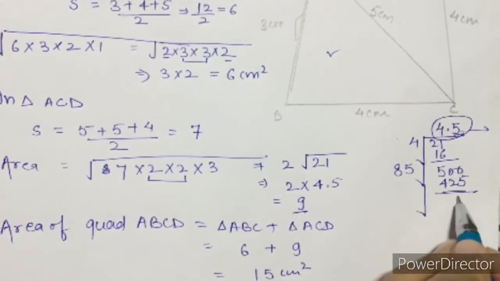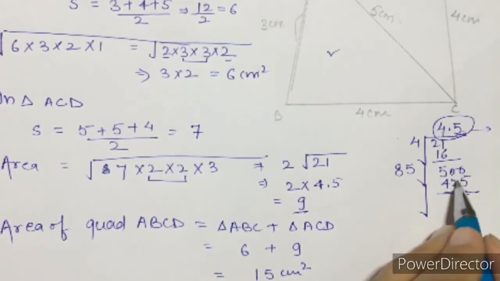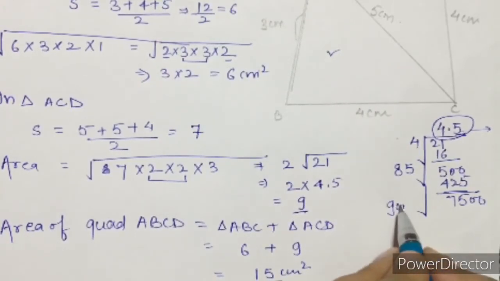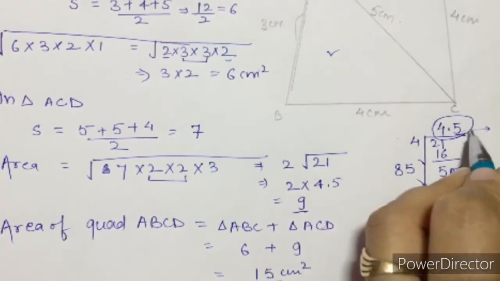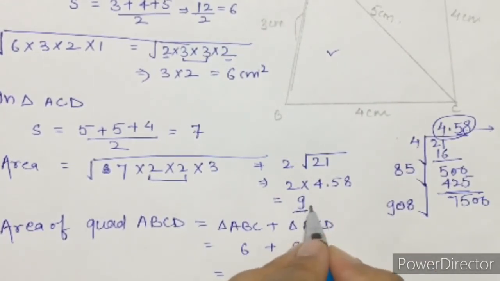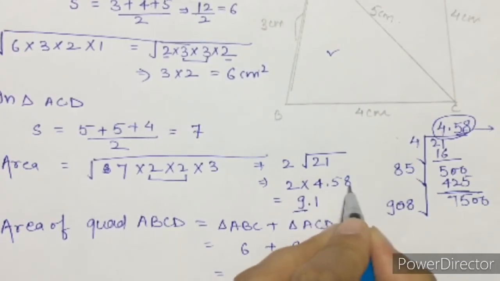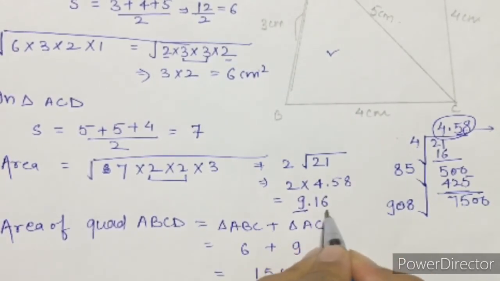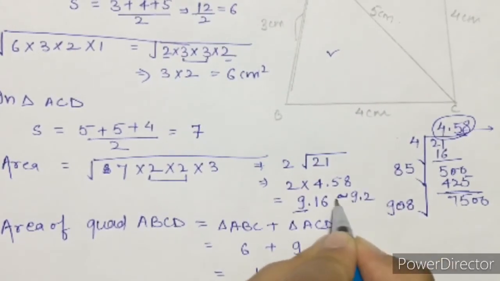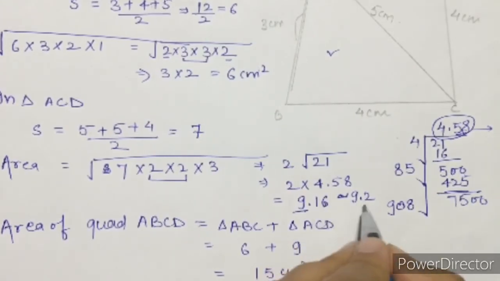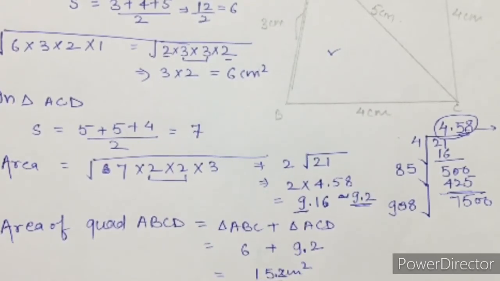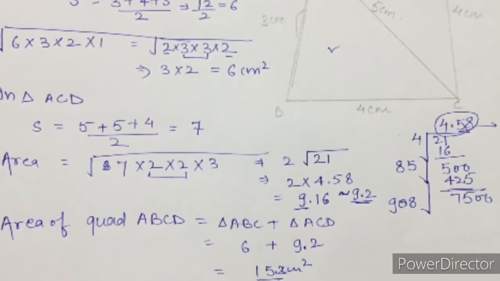Let's see once. Here you will get 5, here 9 will remain, 2 will go from 9 leaving 7, let's take 2 more zeros. What is the double of 45? 90, 8 will go there, so here you will get 8, and when you do this, it will become 9.1 and this will become 6. Okay, if you want to round it off, what will it become? 9.2. When you round off, 6 is bigger than 5, so it will become 9.2. Here you may write it as 9.2 and the answer may come 15.2. If you go by the back side answer, the answer given is 15.2.